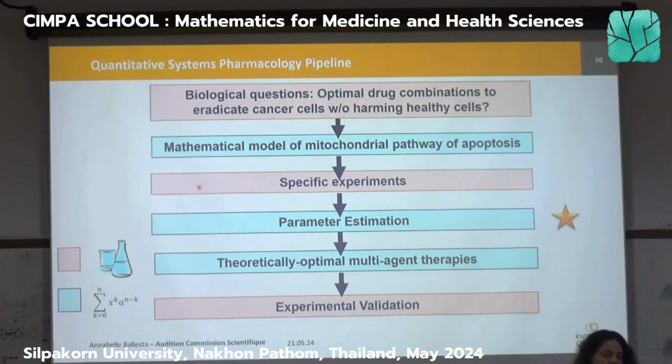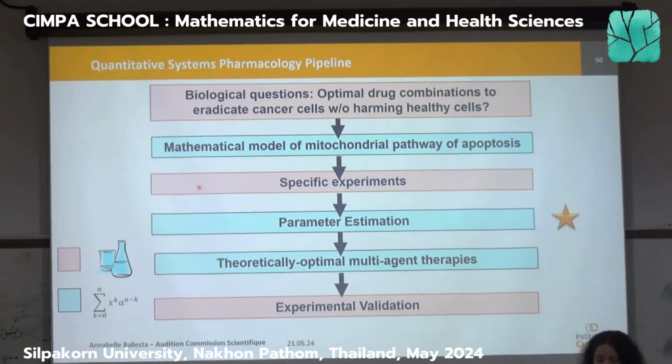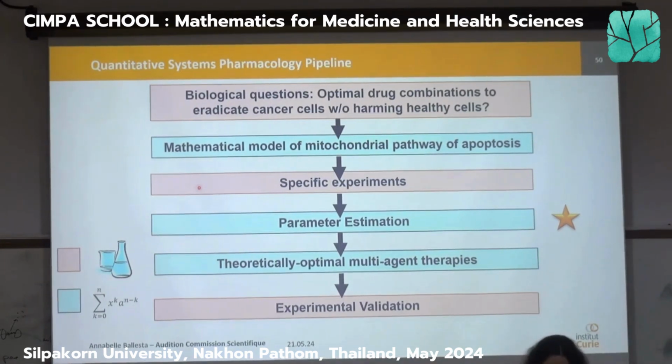So now we have a mathematical model. We have also talked with our colleagues, the biologists, who performed some specific experiments, and we have a bit more data which I'm going to show. And now, this is the hard part, which is parameter estimation. And clearly this is the longest part, as I was mentioning yesterday. So let's look a bit into the data and then do the parameter estimation.